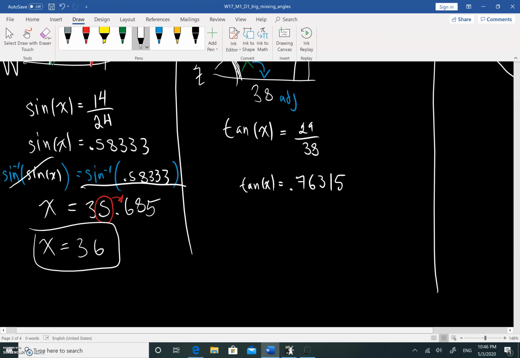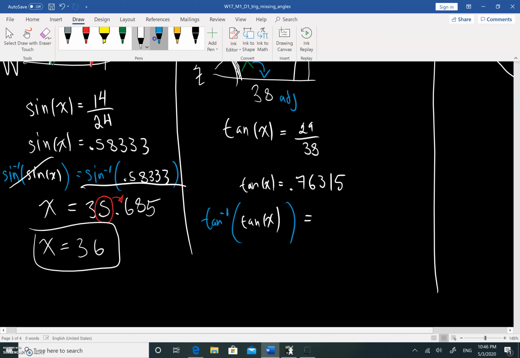I'm just going to write it down because it's not going to make that much of a difference once I take the inverse. So to get rid of this tan of x, I have to go ahead and use the inverse, right? Remember, the inverse is tan to the power -1. So you always use the inverse. And then I'll put parentheses. And it's going to be tan of x